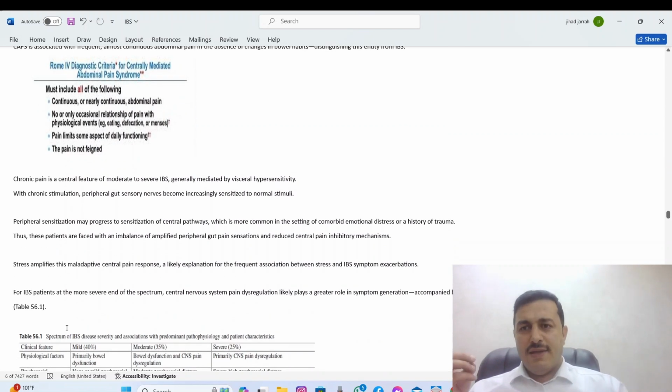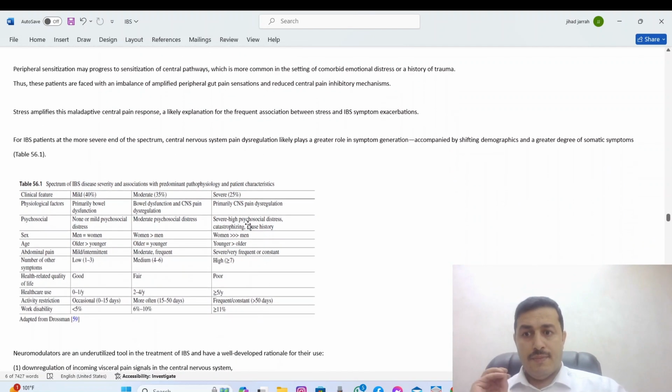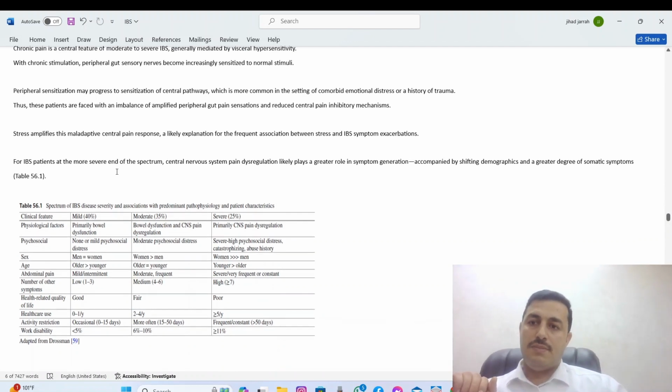Okay, and you can see here that we have an entity called centrally mediated abdominal pain. These are due to visceral hypersensitivity, and again, irritable bowel syndrome alone, without the combination of CNS dysregulation, will not cause more than mild symptoms. Okay,